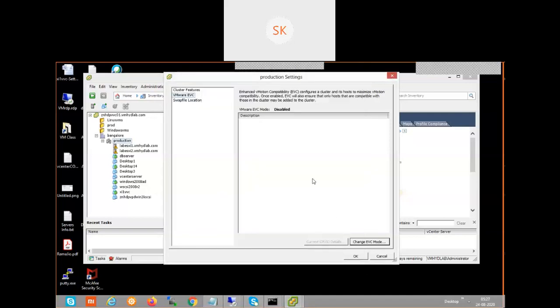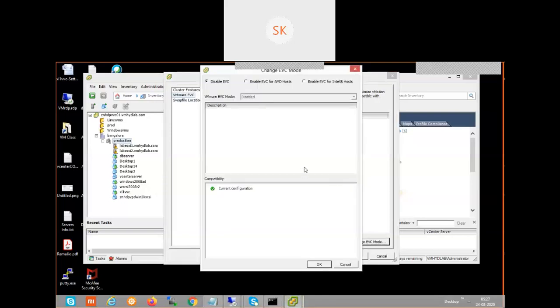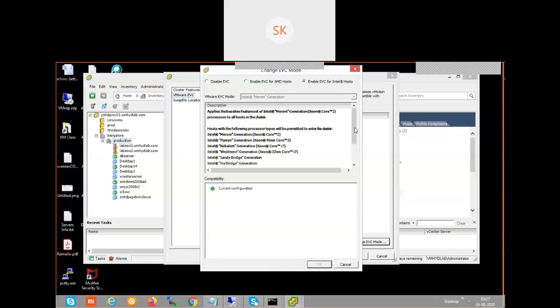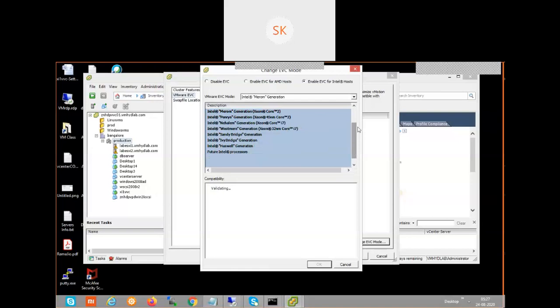Just go once again, change the EVC mode. Select Intel EVC, enable EVC, Intel, yes. This drop down is available here. If you see here, there are different drop down models available. See the Intel Merom generation drop down. There are a couple of 5 or 6 generations available in the VMware EVC mode drop down.